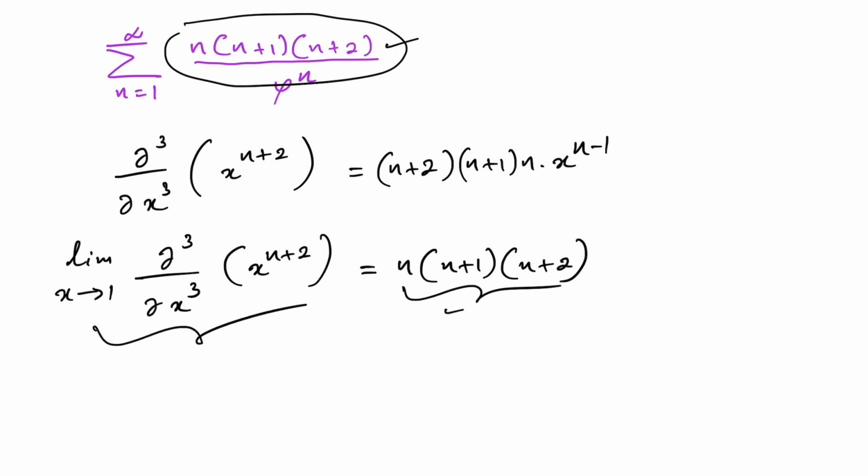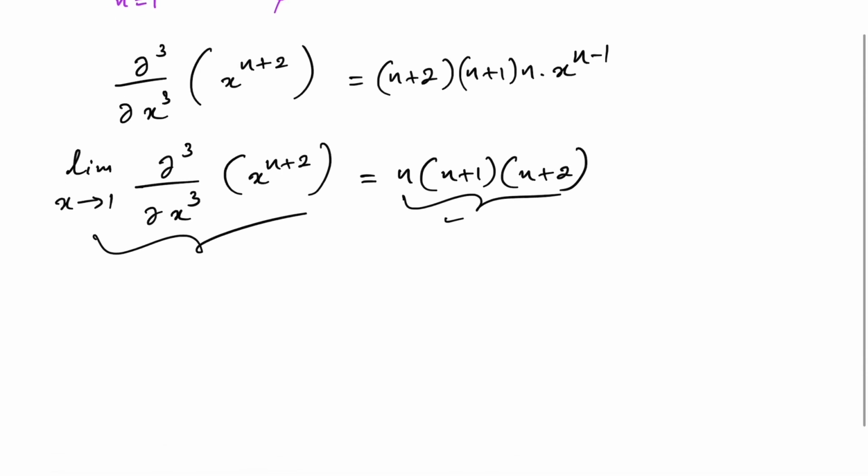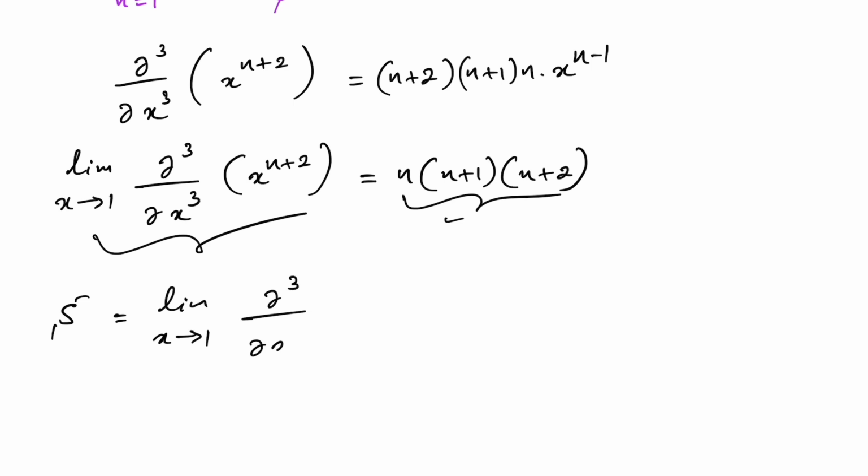Then if we take our infinite sum to be equal to S, we can rewrite S as the limit as x approaches 1 of the third order derivative, d cubed over dx cubed,